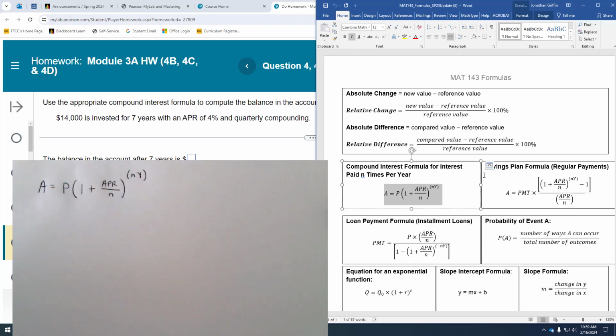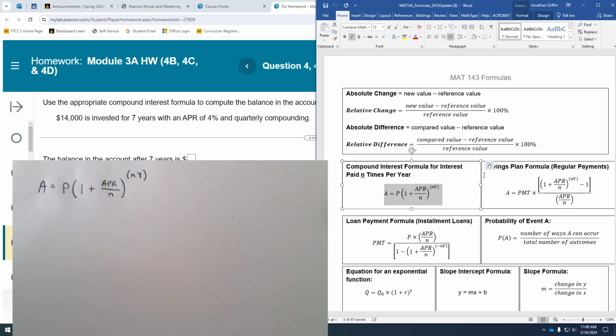Compound interest is a little more complicated. The idea behind compound interest is if you're investing money, then you'll be earning interest on top of interest previously earned. So interest is compounded. If you're taking out a loan with compounded interest, then you'll be paying interest on top of more interest. So what I mean by that is there will be a different number of times in which interest is compounded